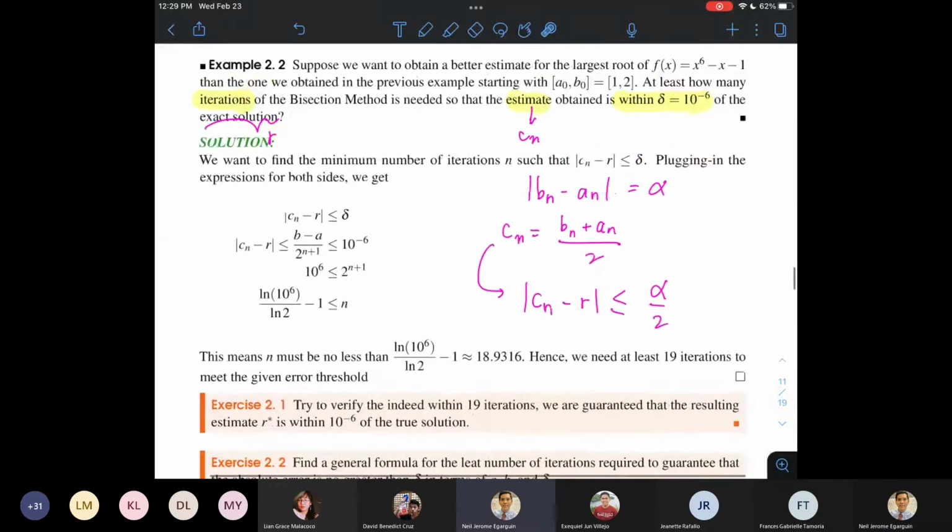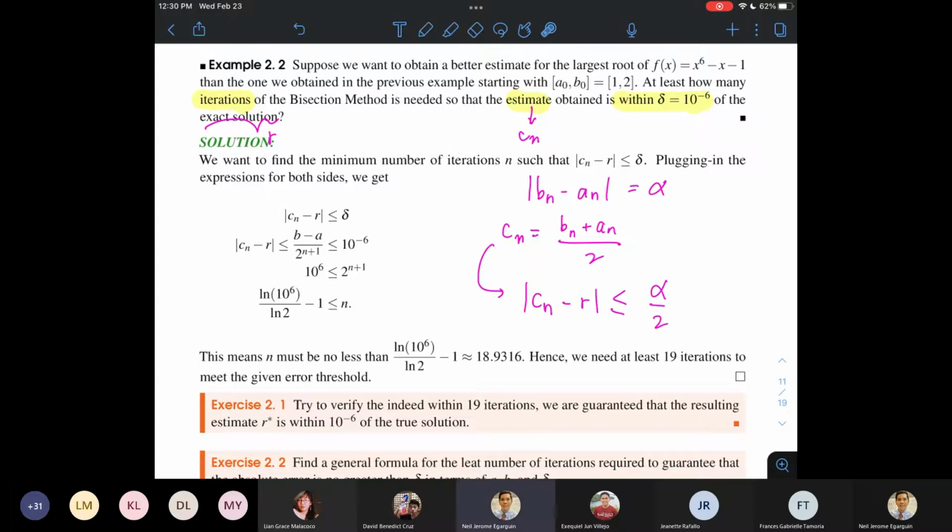So that's one advantage, another advantage of the bisection method. We can anticipate how many iterations we need, and that is thanks to the error bound established by Theorem 2.1. Okay,